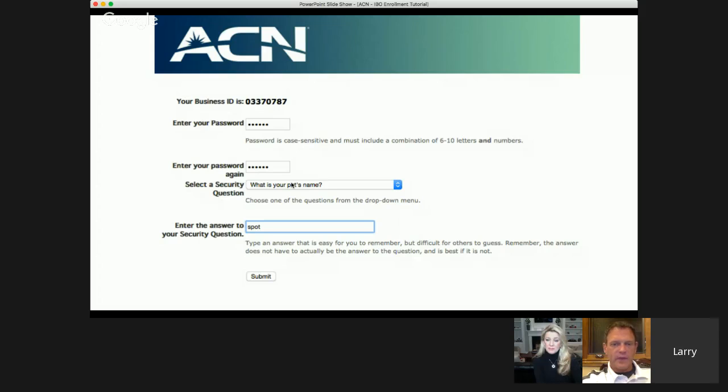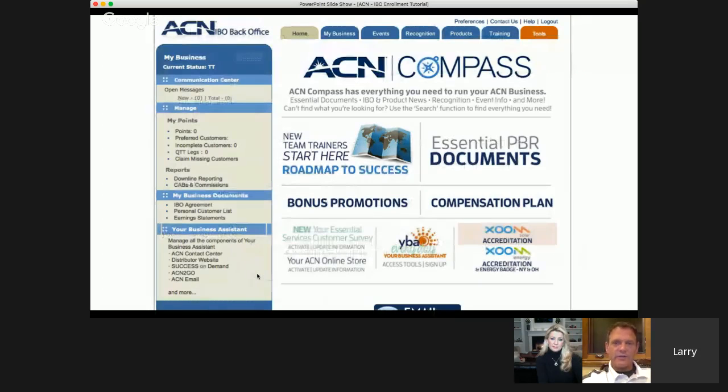Yeah, especially for the brand new reps, sometimes they forget how to get back to their back office or what was my password. So what I try to do is, just like Stacy said, set them up with their initials of their name capitalized 1, 2, 3, 4. That way, until they get it down, they can leave that password there, and then once they get it down, they can change it anytime they want. So we press submit on that, and it verifies, and it takes you into your back office.